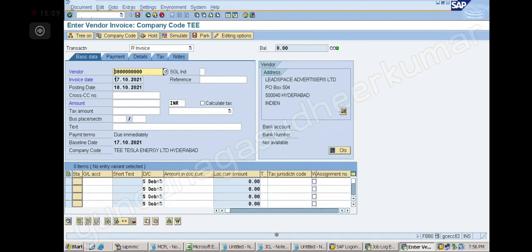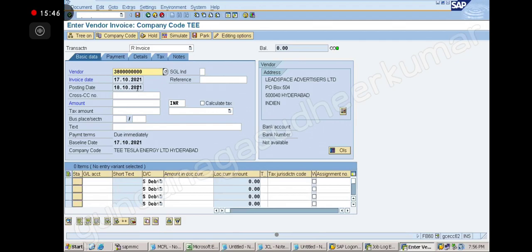So already the invoice we got on 17th, dated 17th. There is a lot of delay in posting, so I want to post on the 18th date. Can I do? Yes. That is the posting date I am giving to be considered for accounting purposes. Is it clear? Yes. So can I give any date? Yes, sir. Whatever day you want to give, you can give. That is the posting date. Okay, next.